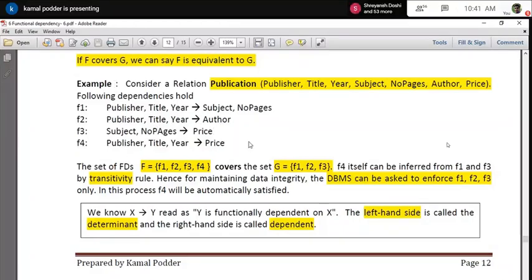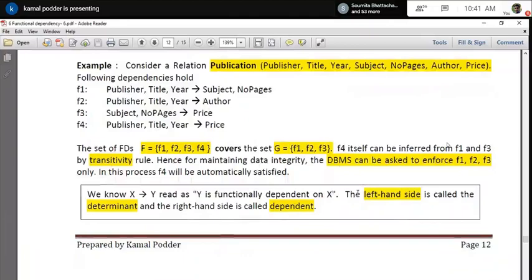No problem. But say you have identified 100 or 200 functional dependencies. Then finding it by seeing and checking is a very difficult job. That is the reason you should have some algorithm through which you can apply the FDs one by one and ultimately reduce them to a non-redundant set. For that you basically need the cover. So we can say that F covers G, and G is smaller.